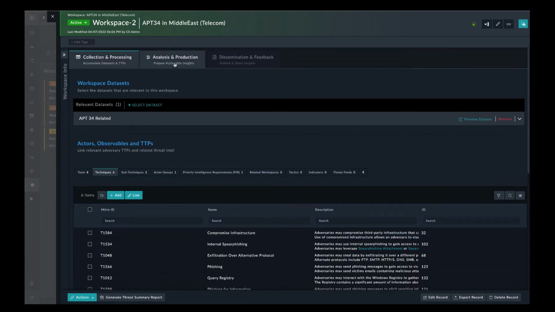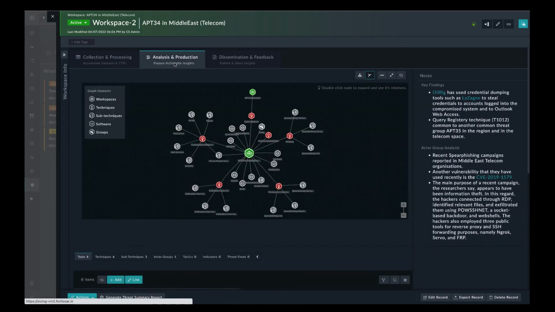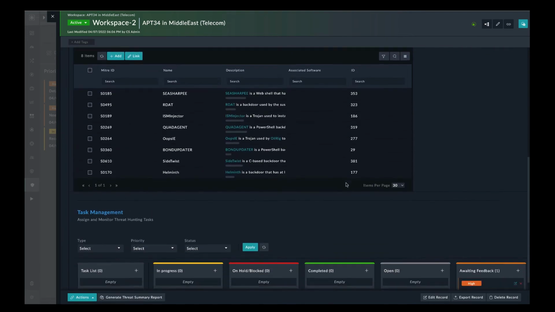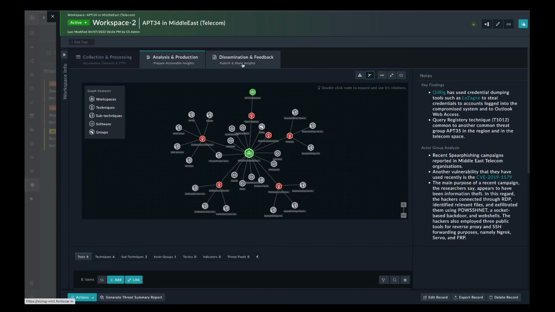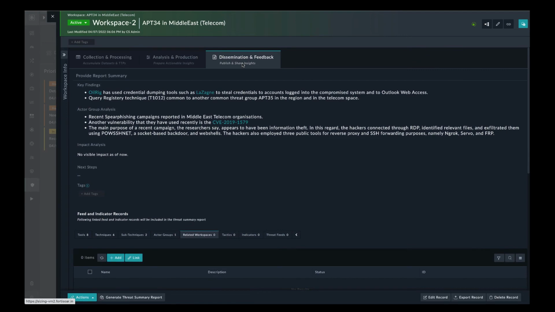So after you collect, you move on to the analysis stage where you look at how these things are correlated, you jot down your findings, right? You also have task management available here in case you have a wider team to do the analysis. And finally, you have the ability to share